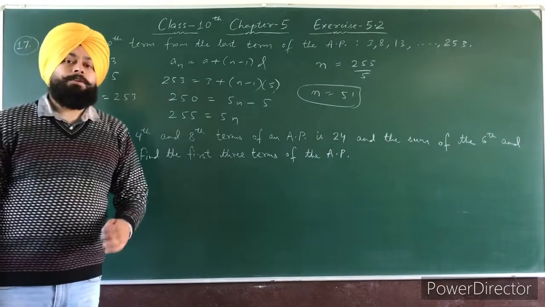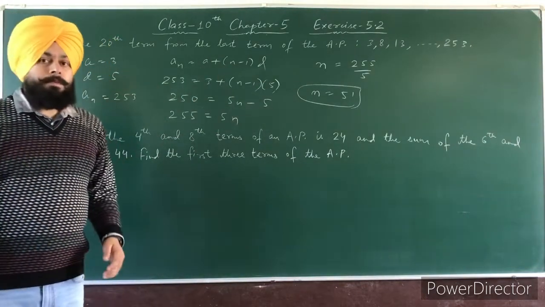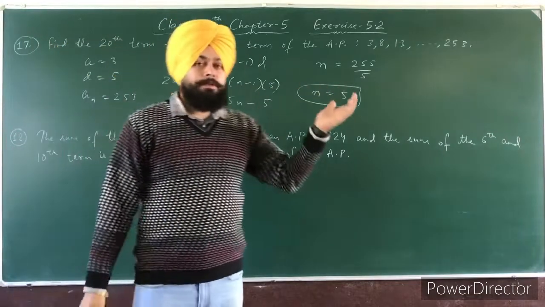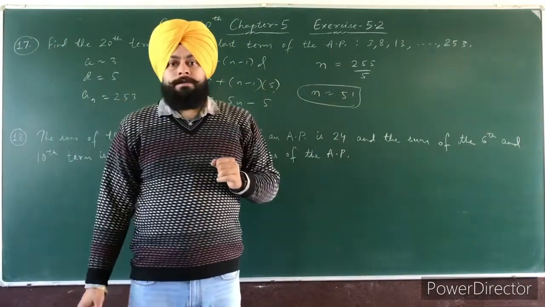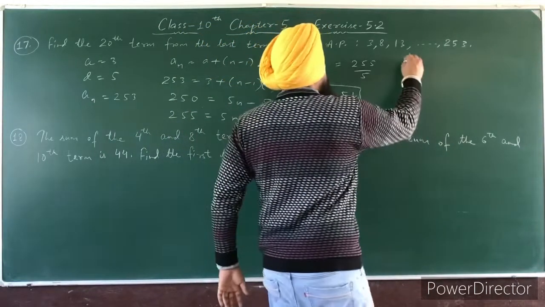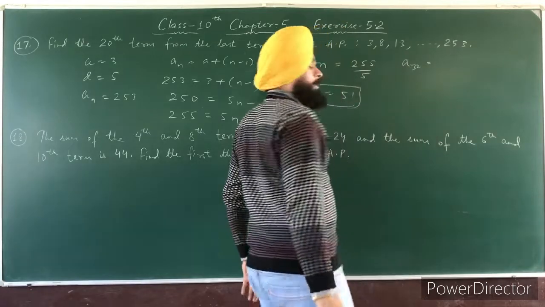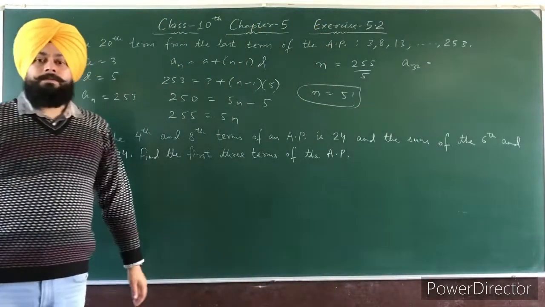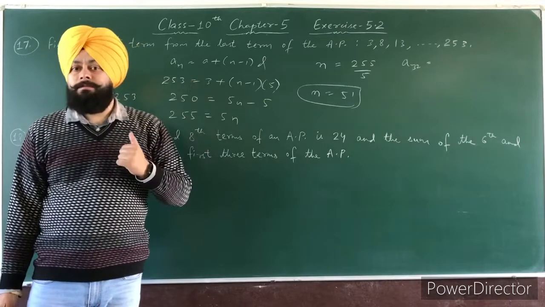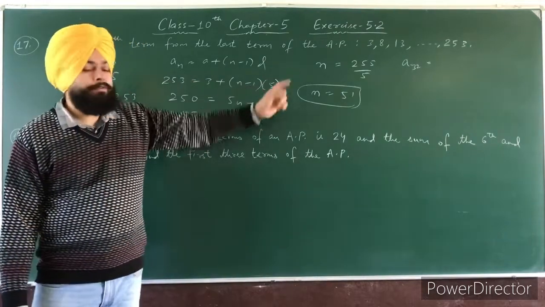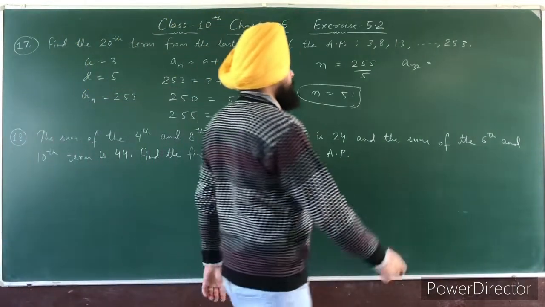Now you have to find the 20th term from the last, the 51st term. मतलब आपने 51st term से जो 20th term आएगी from the last, you have to find that. So it is which one? It is the 32nd term, A32. Clear students? मतलब जो 32nd term होगी that is the 20th term from the last term. So it means you will find the value for A32.